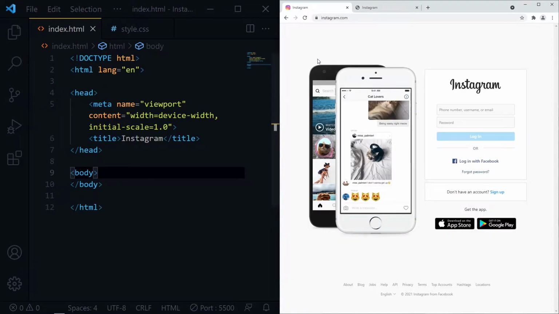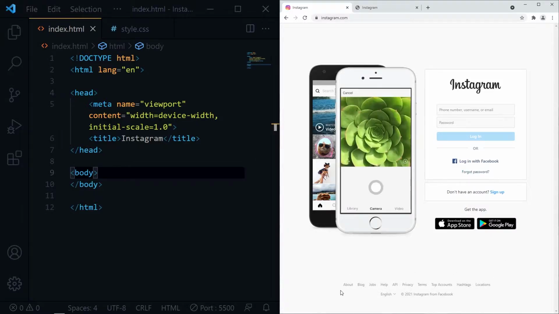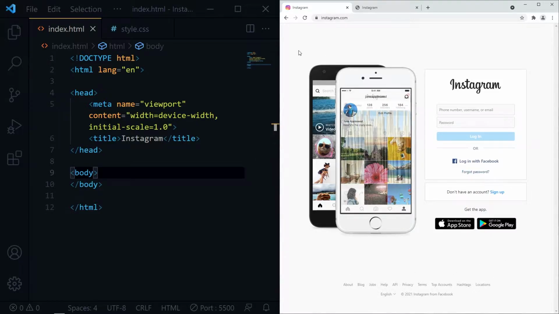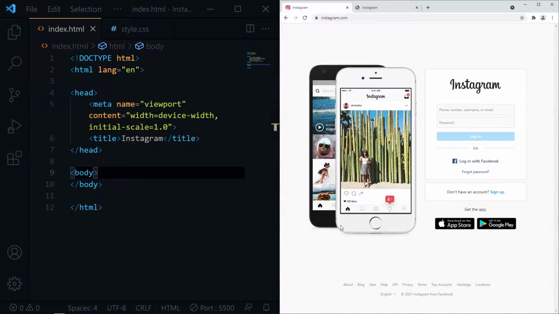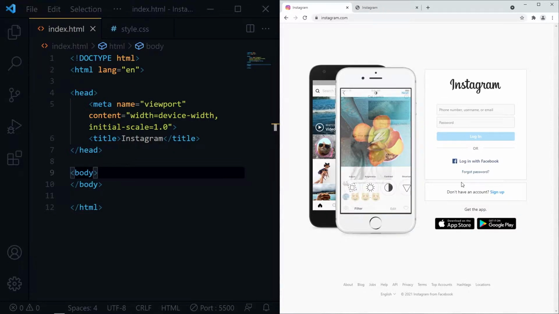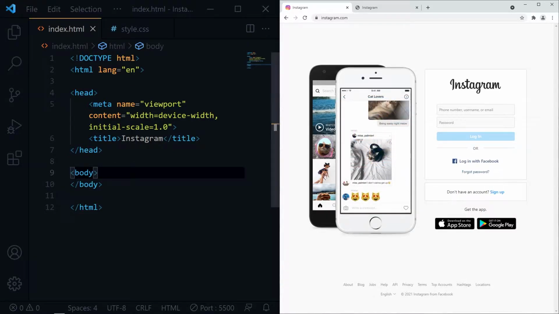Here we have our main section and our footer section, and in our main container we have two sections, one for image and one for form. I will create a basic HTML structure first.